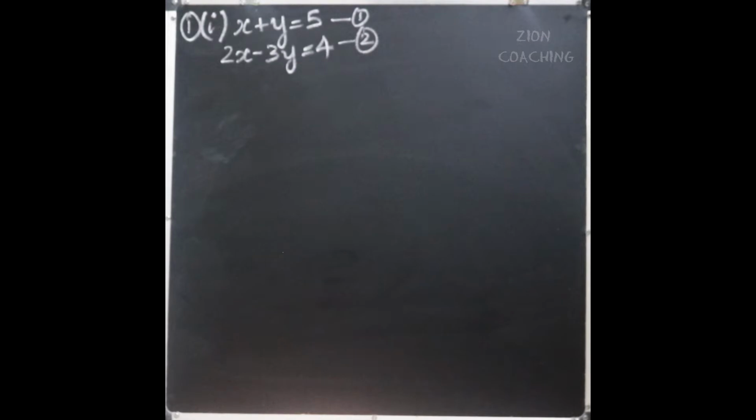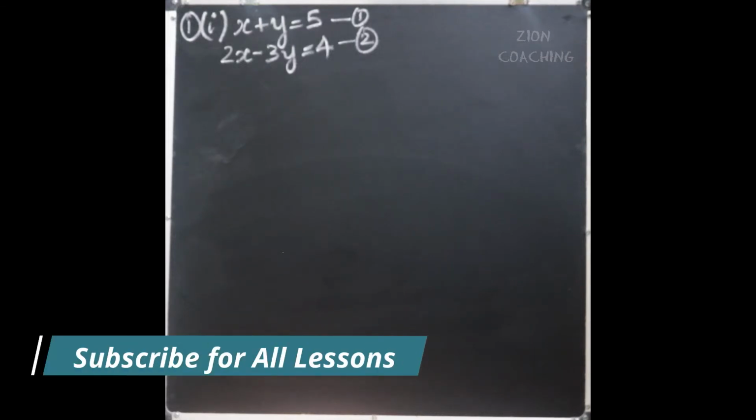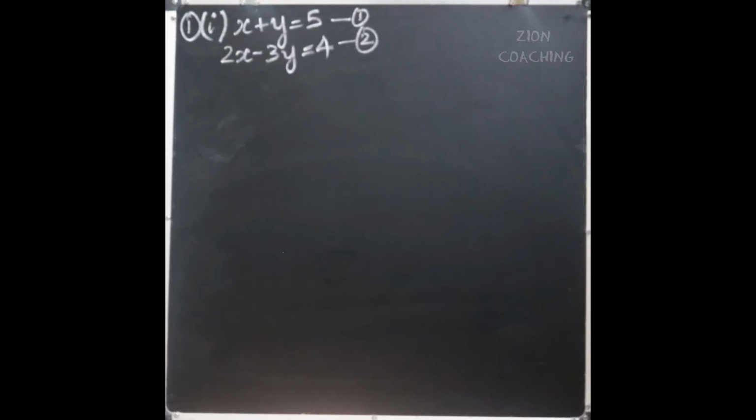In elimination method, what we are going to do is look at the equations and eliminate one of the variables. You know that there are two variables. Out of that, we are going to try and eliminate one variable. Eliminate means removing, either by adding the equations or by subtracting the equations. After eliminating one variable, we can find the value of the other variable. Then you are going to substitute that value in any one of the equations and find the value of the other one.